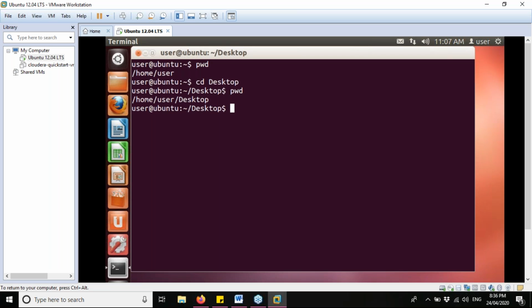All right, guys. So we had already seen the ls command and its different variations in our past two lectures. Today we will start off with how to create files, how to put some contents in a file, how to copy the contents of one file to another, or how to append a file. All these things we would be learning in today's lecture. All right, so let's get started.